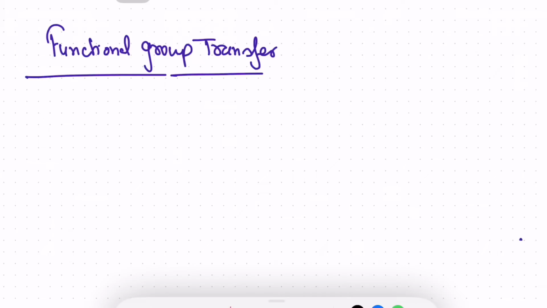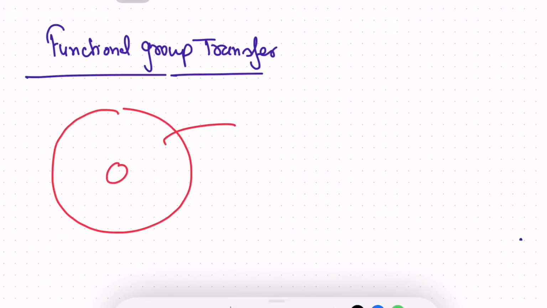Functional group transfer reactions. So hopefully you remember my previous class. In the previous class I told you that within the cell you are going to see 5 major types of biochemical reactions. We have already discussed 2 types, and today we are going to discuss a third type,